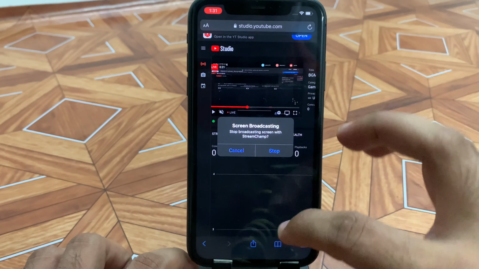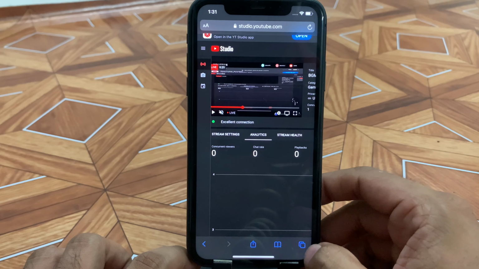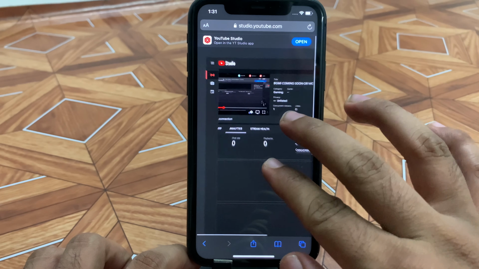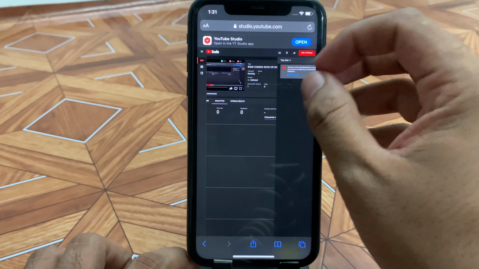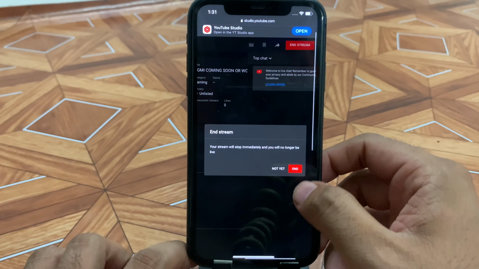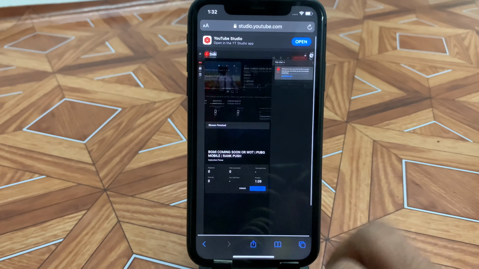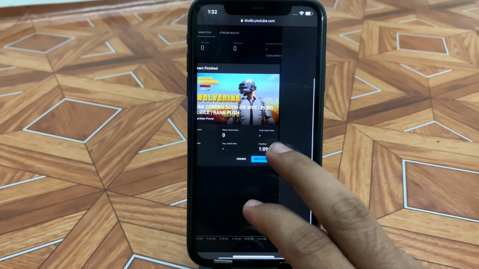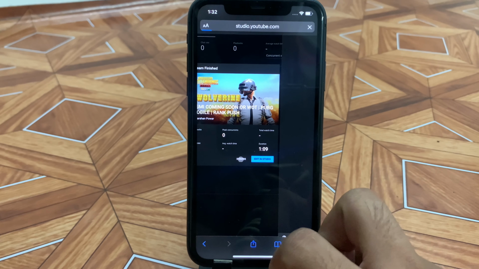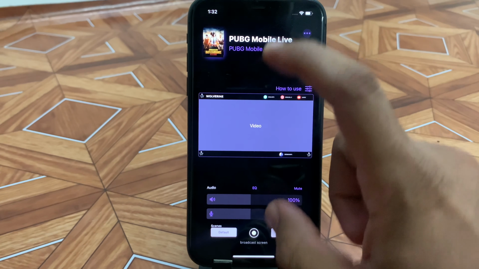Now to stop screen sharing, you can terminate screen recording. But let me tell you one thing, your stream hasn't ended. You need to end it from YouTube Studio. As you can see, there is a red button on the right corner. It shows end stream. You need to click on that, and now your stream has ended. As you can see, this is the status of the stream. I have hardly streamed for a minute. You can dismiss, and that's it. This is how you can stream using the StreamChamp app.